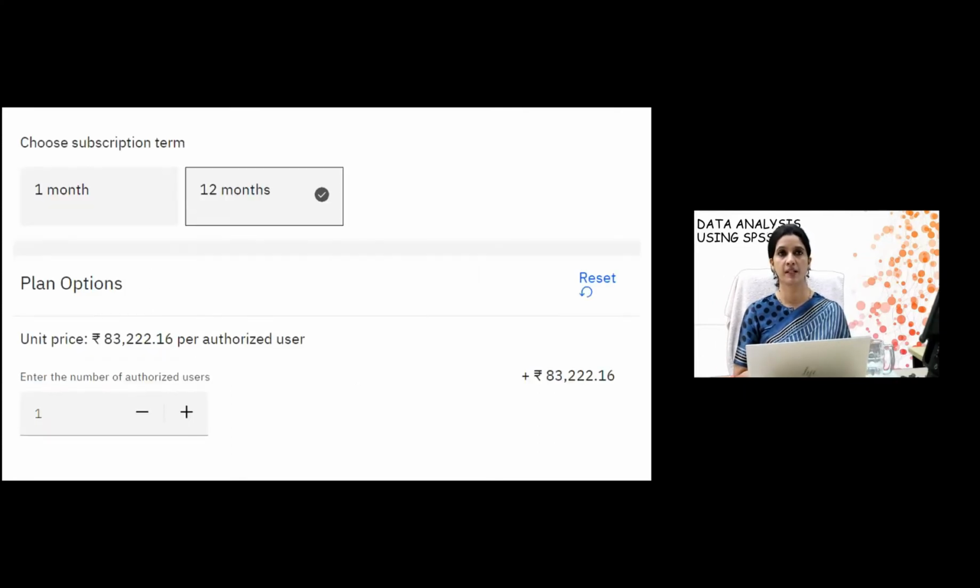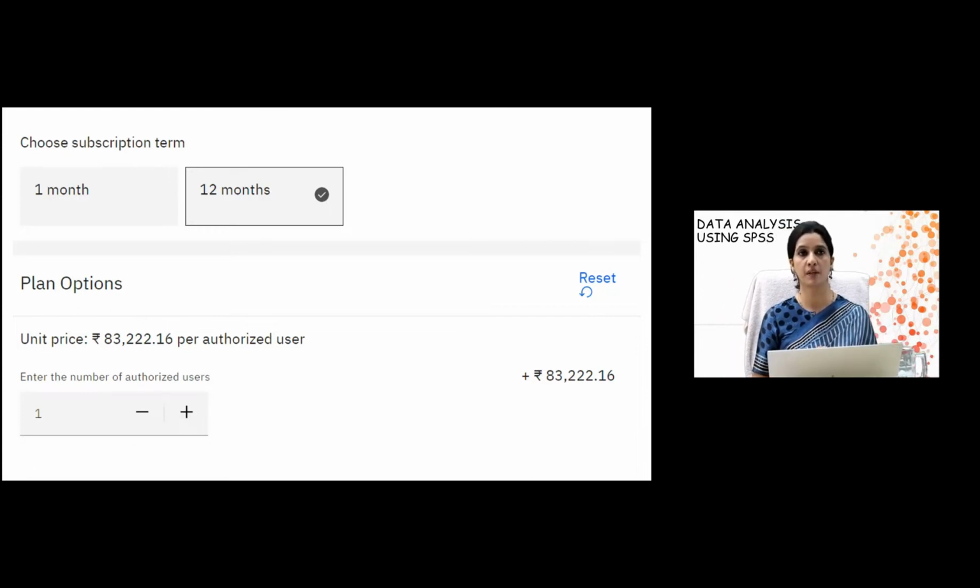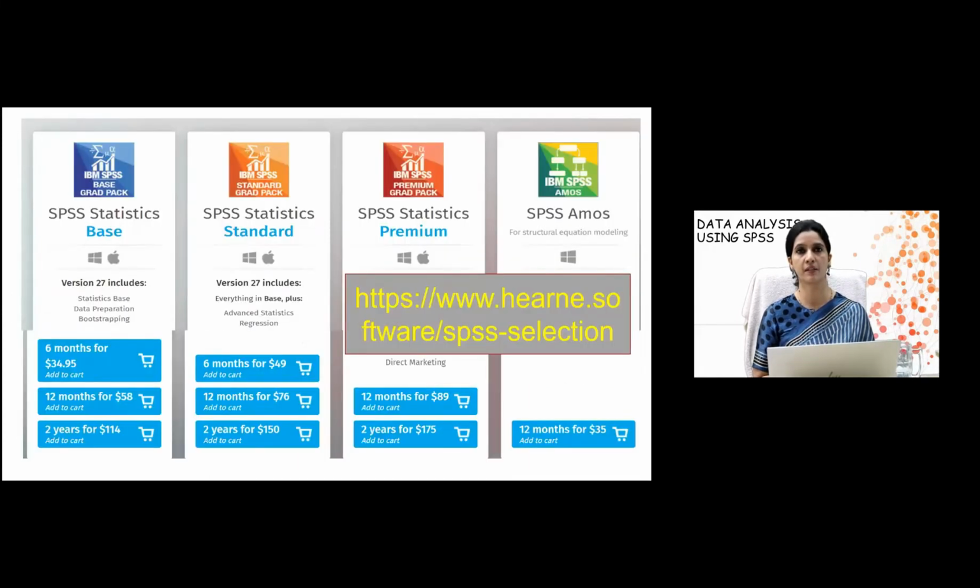So for SPSS, there are a lot of options available. There is a subscription for 1 month, there is a subscription for 12 months, and that unit price is 83,000. But again, it has various types, like there is SPSS Statistics Base, there is Standard, there is Premium, and there is AMOS.